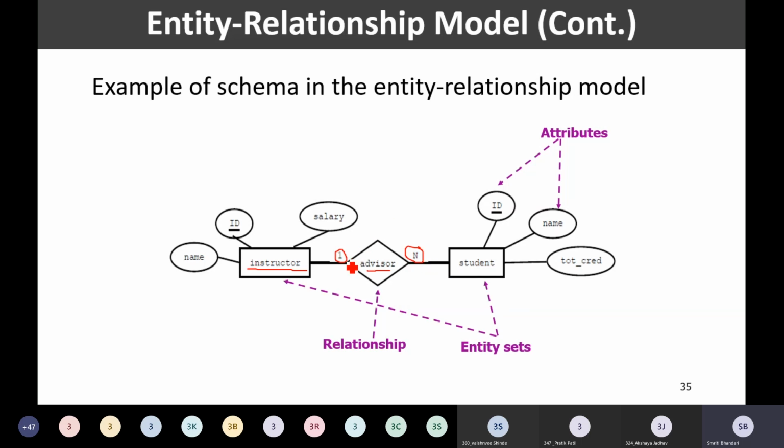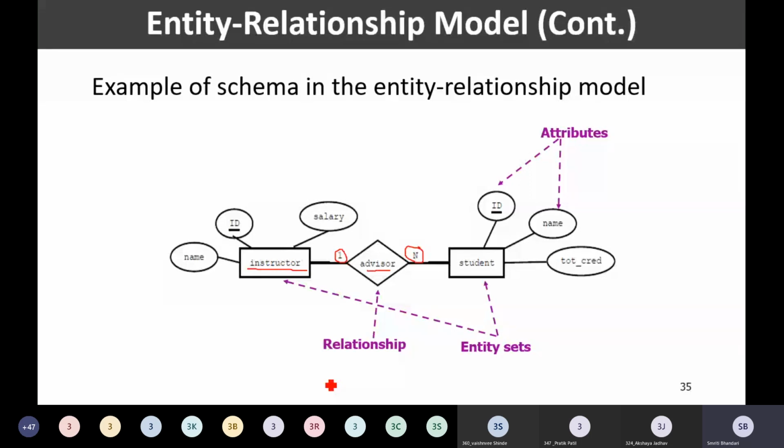So one instructor may have more than one student, but one student is associated with only one instructor. That is what this relationship indicates. We are going to focus upon this later. This is just one simple example to make you understand how the entity relationship diagram is drawn by making use of certain notations.